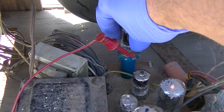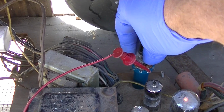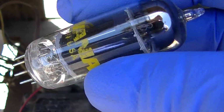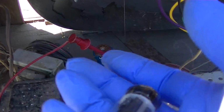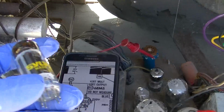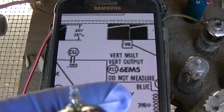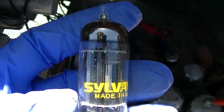Yeah, it's just weird that it's not even getting hot. I mean, it's barely warm. I wonder if I ordered 2 of these. I usually order 2 of things. Well, I think I discovered the problem here. This set takes a 6EM5, and I have here a